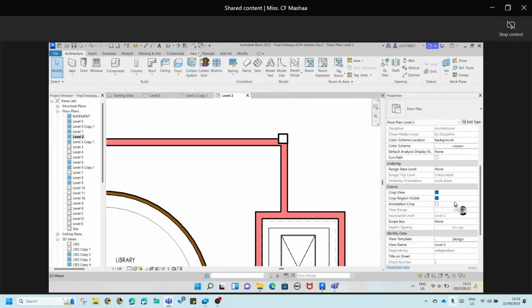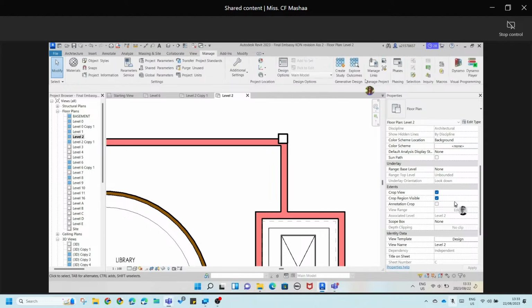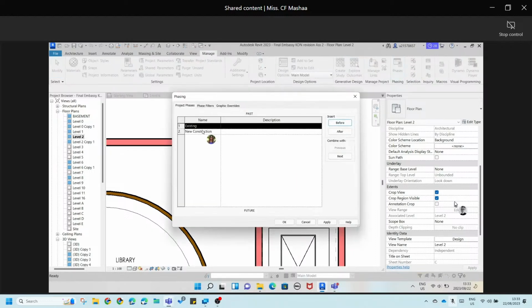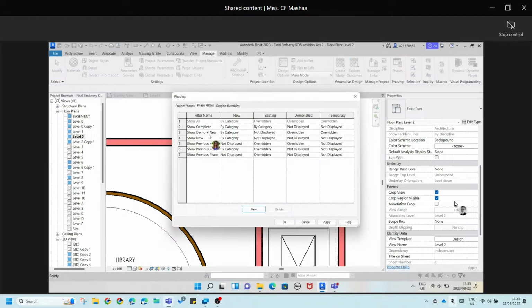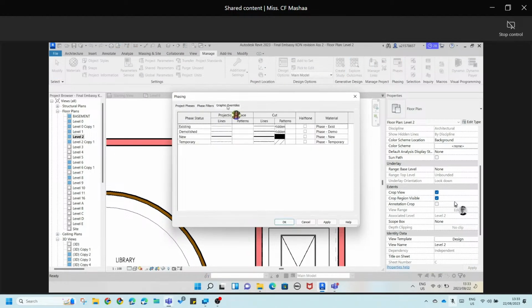So if you go to manage, and now there's phases. So there's existing and new. So phase filter, you can show what existing does. So you can actually change existing. You can override. If it's on an existing, it can look a certain way. The materials you see here, cut pattern, hidden. So if things are existing,